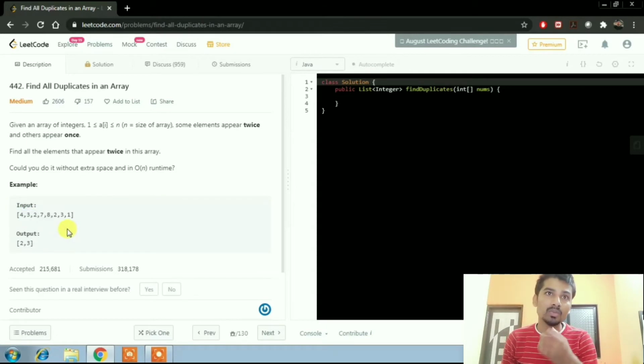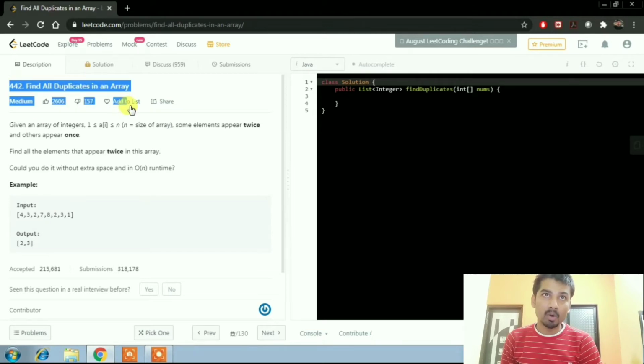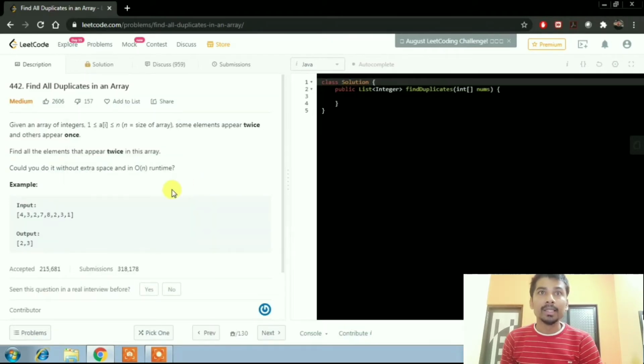The second method is to use a hash set. A hash set doesn't allow duplicates, meaning it directly contains only the distinct elements. So we can solve this problem by the first method, sorting, and the second method, using a hash set. In both methods, if you think about it logically, it runs in O(n) time and it takes extra space.